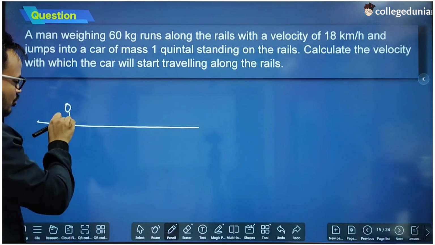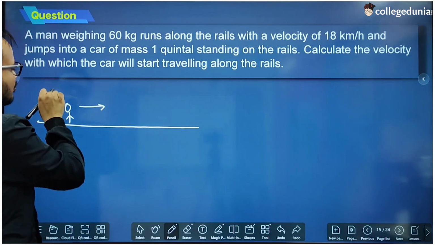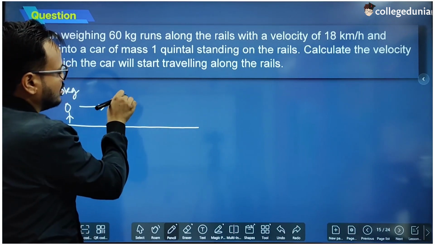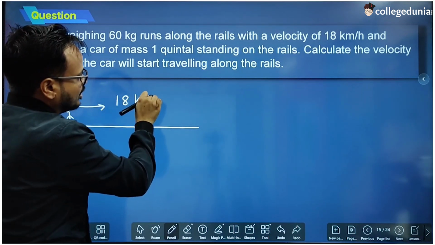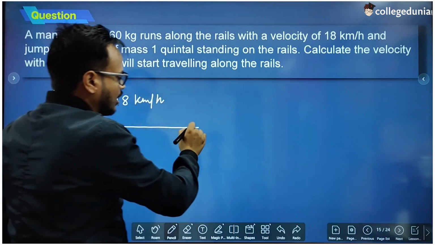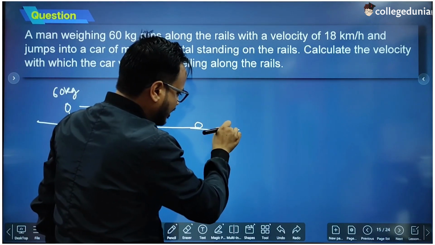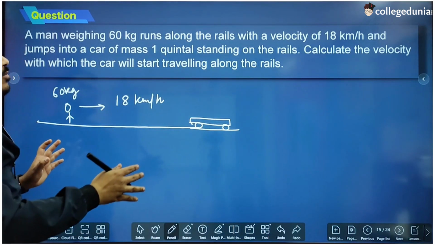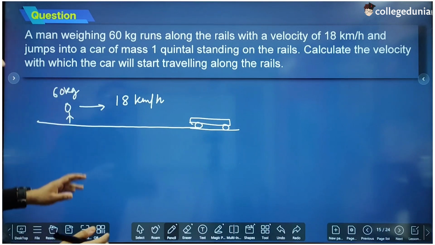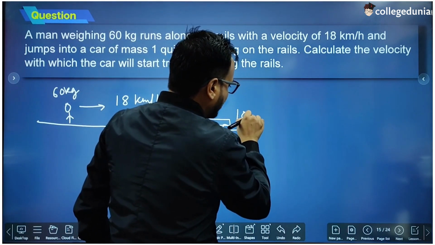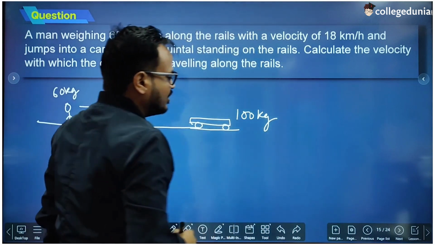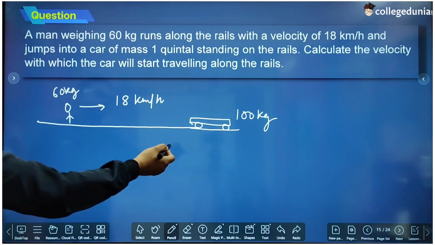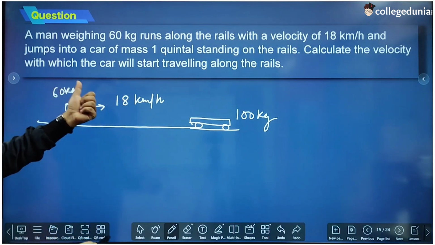There is a man who is running in this direction. The mass of the man is 60 kg and he is running in this direction with a speed of 18 km per hour. A car is standing on the rails, suppose here, and this man jumps on the car. Mass of the car is 1 quintal. 1 quintal is 100 kg. So if this man jumps on this car, what is the velocity with which this car will start